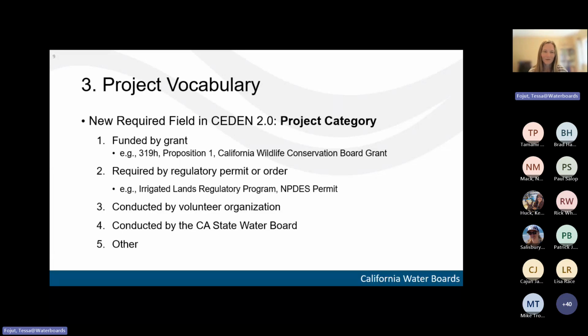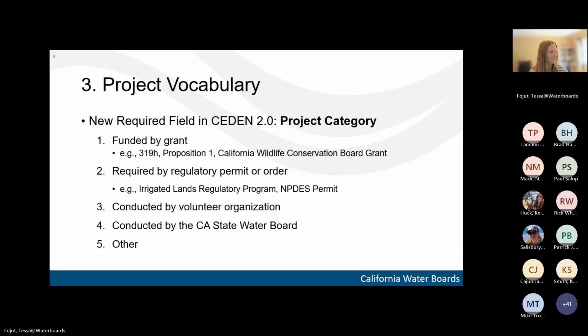We've already discussed these categories with some folks and realized that there's a lot of overlap between them. A volunteer organization may get grant funding to do their monitoring. So which category do they choose, because right now you can only choose one.